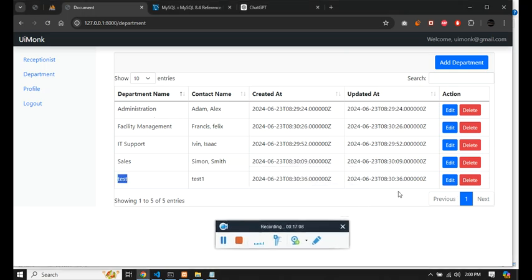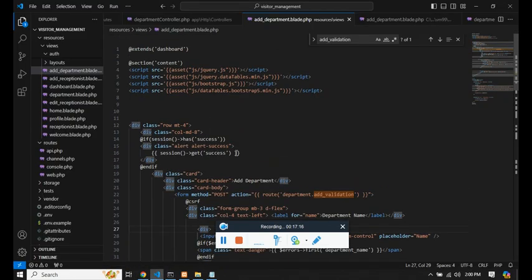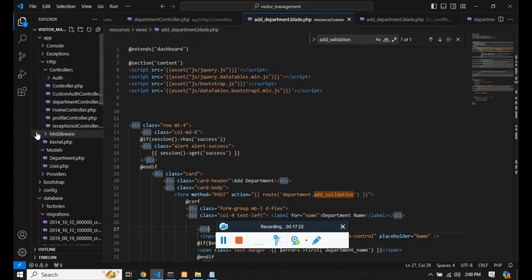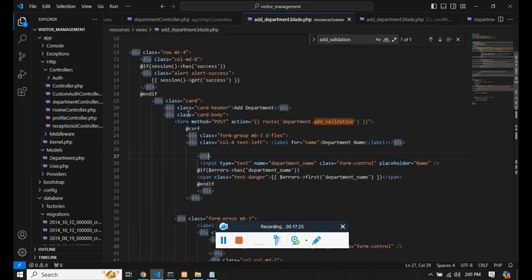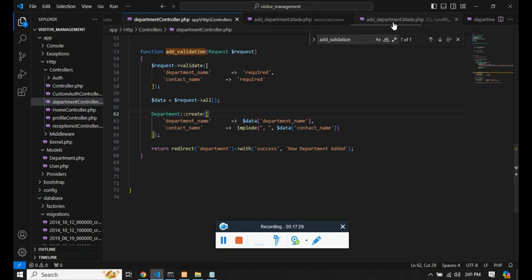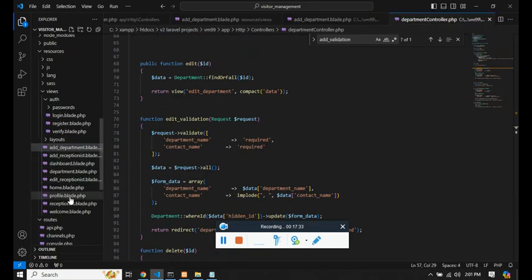So if I click on edit, I would be able to edit it. So let's just do that. It's very similar to what we have done for the receptionist. I don't think we need another explanation, so it will be just repeating. So now in the table of the department page,